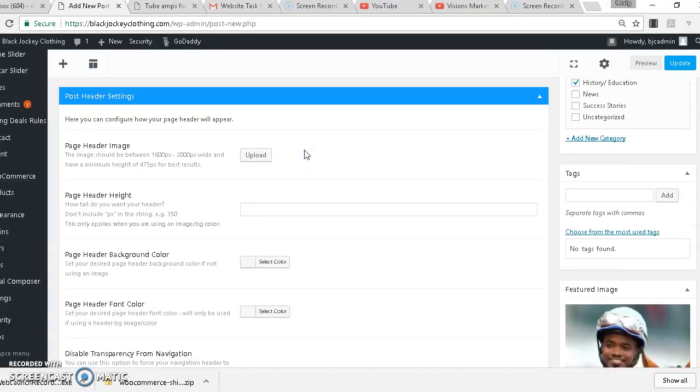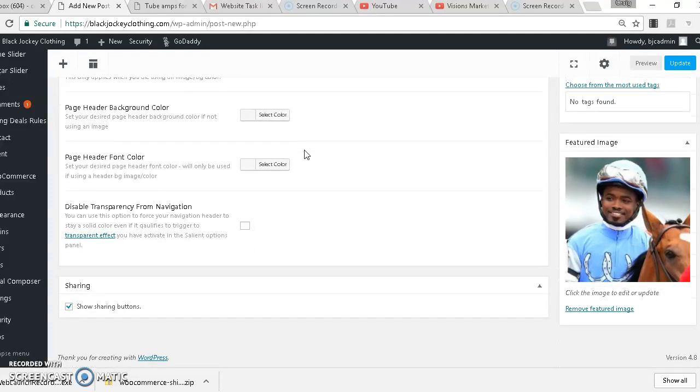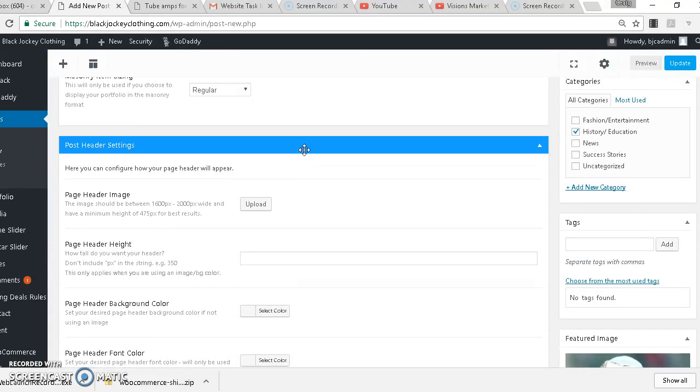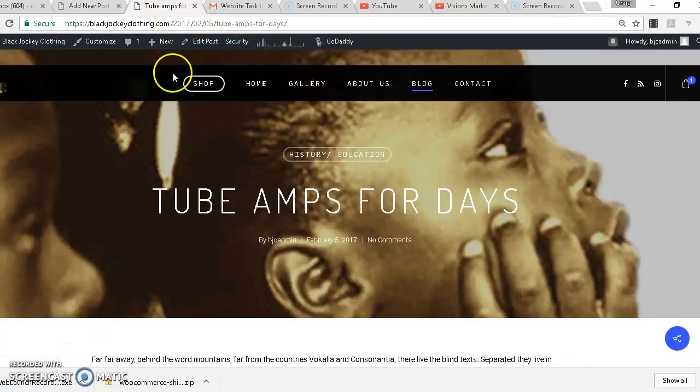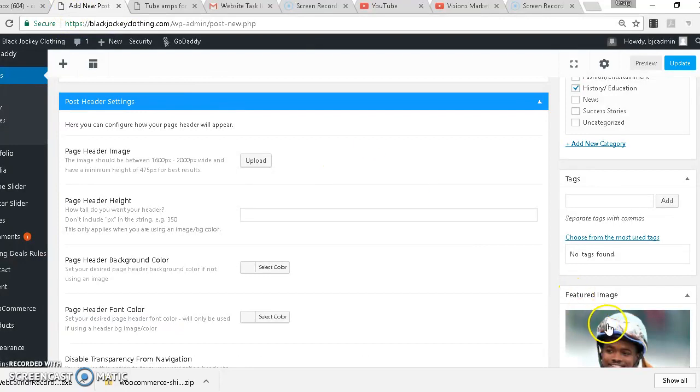So there's other sections here at the bottom, the post header settings. Okay, now the post header settings are basically our visual composer's way of allowing us a little more functionality with the post itself. Okay, so this is something else that you can play with to see what it does. Okay, this header image is actually the featured image that we have here. It's the same as this image right here, but it just gives you a little